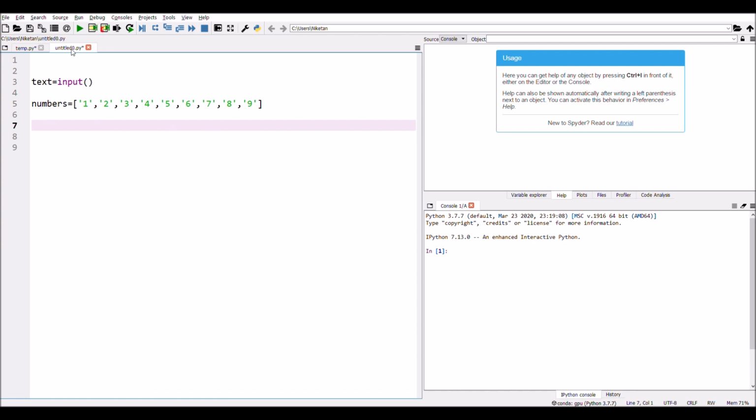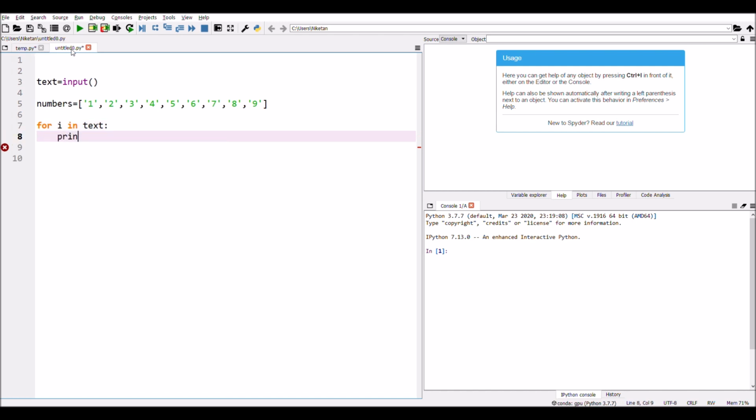Now what we will do is we will loop over the string, as we know that we can loop over a string. So we will loop like this: for i in text. Now what will this return? We will see.